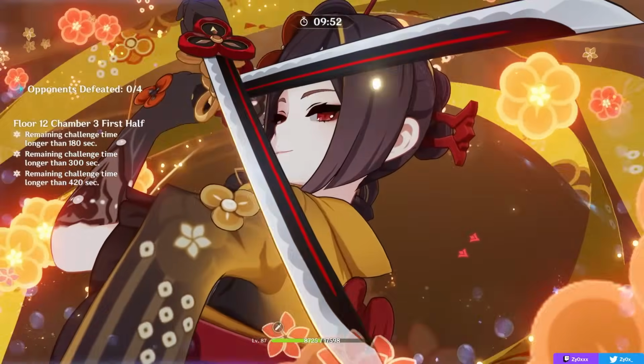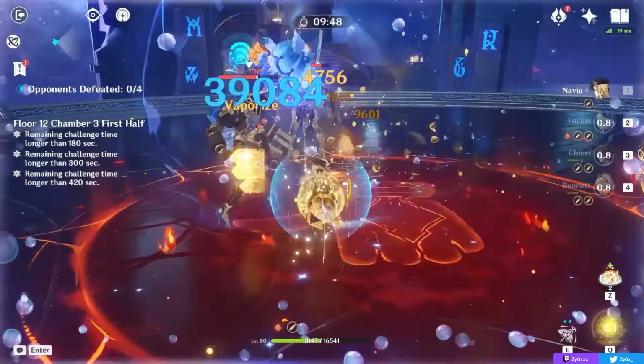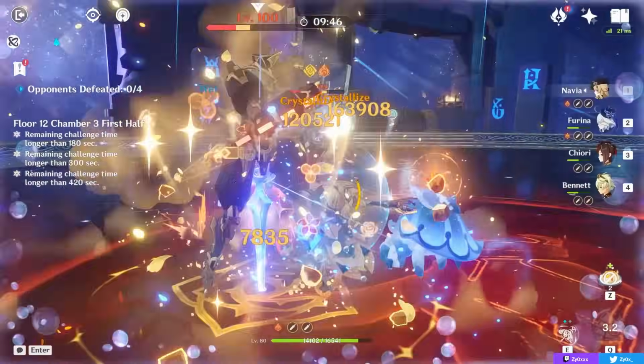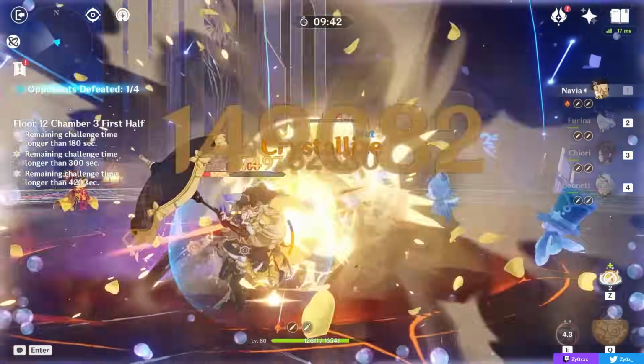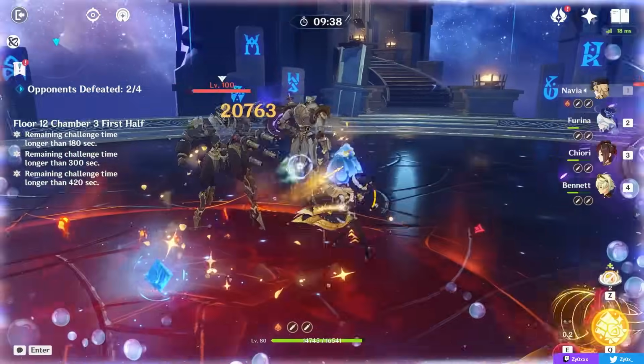Chiori is the newest 5-star in version 4.5 of Genshin Impact, being a new Geo 5-star support who can assist you from off-field or even infuse her attacks with Geo if you want to use her that way. In today's video, we're going to cover everything you need to know about Chiori, her best builds, weapons, artifacts, teams,